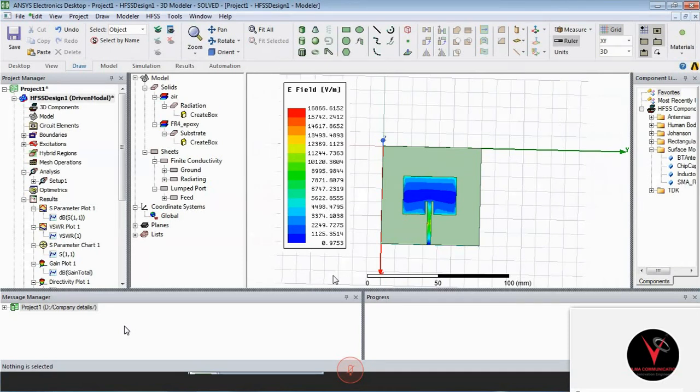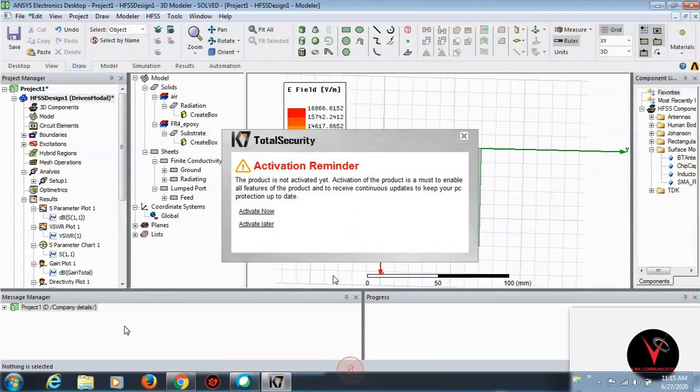If you go for the magnetic field, you select the magnetic field, and you also have the surface current, so J is also there. You need to check J also. The surface current we also need to check. So these are the basic things.